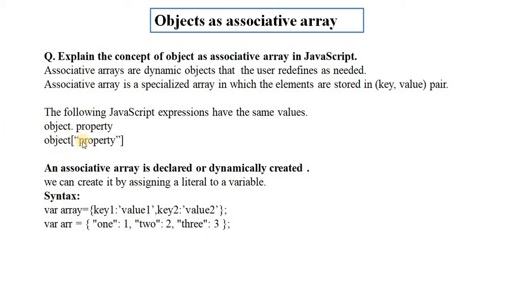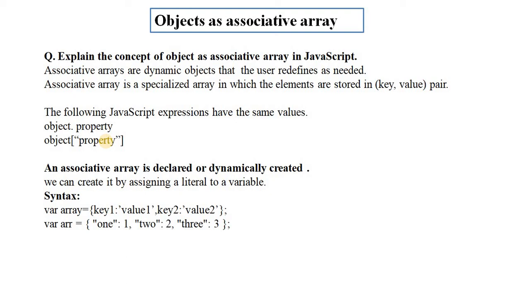and in the second syntax the property name is a string. The second notation is more popular with associative arrays. An associative array is an array of key value pairs where keys act as an index to get any value, and the value associated with a key can be accessed using the second notation.